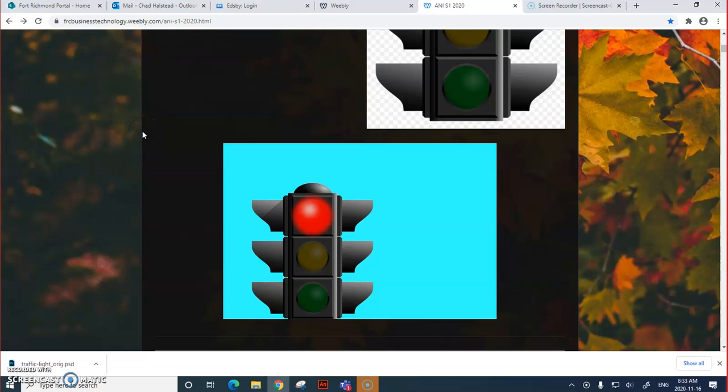So there's a few more things we're going to work on this week. One of them is some keyframes. So with keyframes, we can change the state of some objects or movie clips, or there's lots of things we can do with keyframes. So we've used them before, but how do you manipulate them? How do you turn them on, off, go from a keyframe to a blank keyframe? So today we're going to light up this traffic light